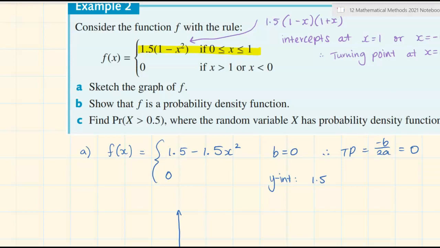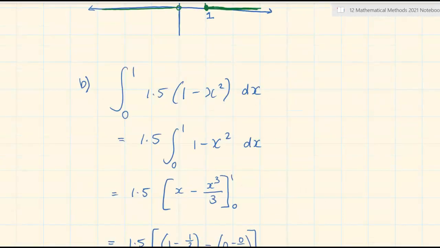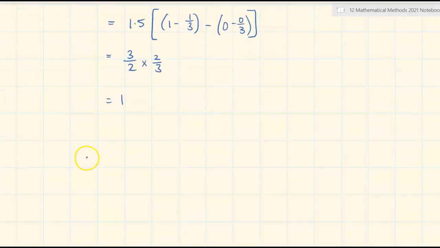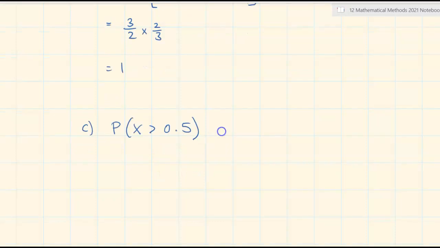Okay, now C says find the probability that x is greater than 0.5. Probability that x is greater than 0.5. All right, this is going back to that key idea up the top. If we have an upper and lower bound for our range for our random variable, we can just integrate between those upper and lower bounds. So we are going to integrate our function, which was again 1.5 take 1.5x squared